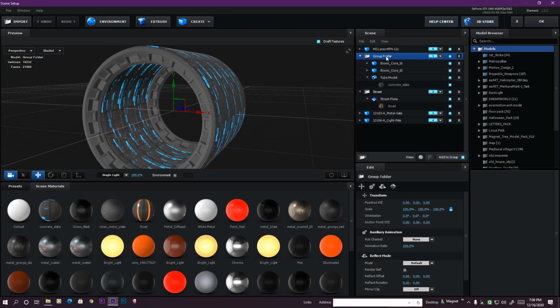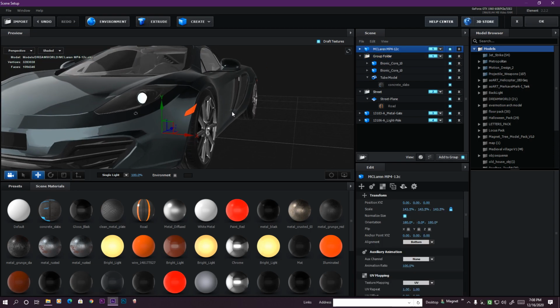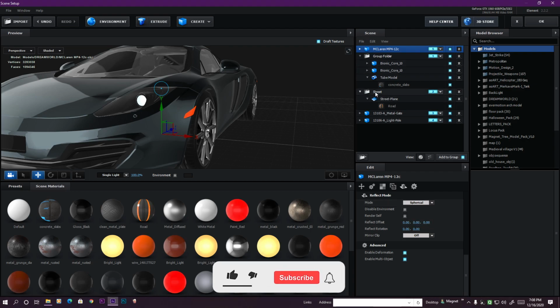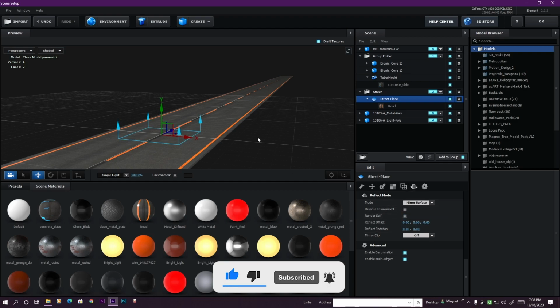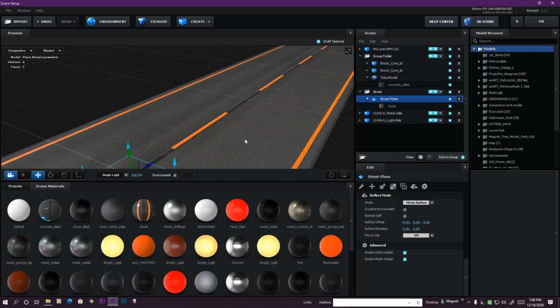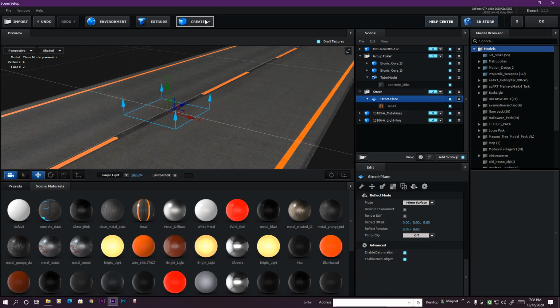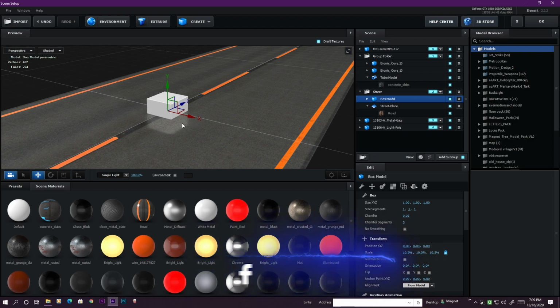Okay, so now go to the group folder and go to the reflectivity channel and select this spherical, and also go to the car model here, go to the reflection and change it to spherical as well. So go to the street layer here and also change it to mirror surface. And now we do some correction here. So first we need to understand how our road is reflective. So make a guide model here, but we're not going to use it, just for the reference how it look like now,